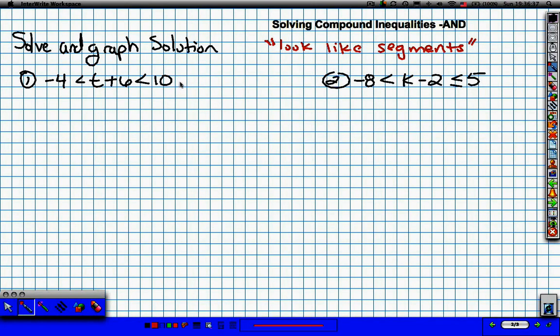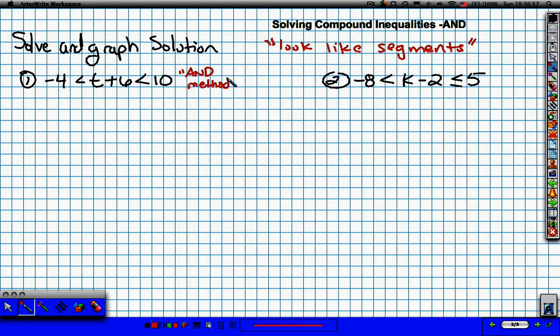In this video, I'm going to show how you can solve compound inequalities, specifically the AND compound inequalities. And there's two ways you can actually solve the AND inequality. Either method works. I'm going to show you both, and then you can use the one that works best for you. The first one I'm going to call just the AND method, and the reason I call it this is